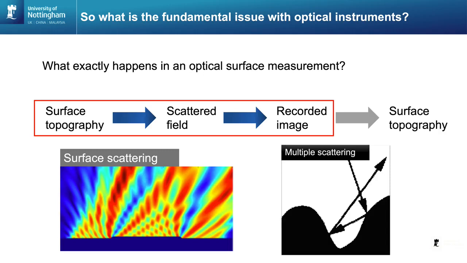It's difficult to model. We can't just start using Hertzian compression rules, we need to start using Maxwell's equations. And when we have multiple scattering, i.e. the light bounces more than once from the surface, which is common in complex objects where we have complex geometries, then we have a problem. It's very difficult to model.